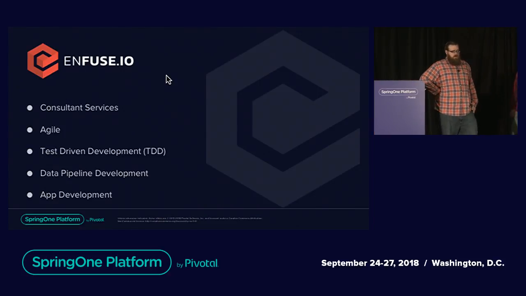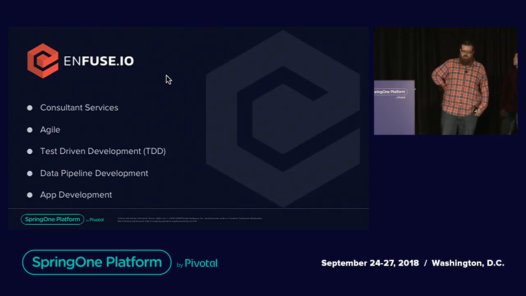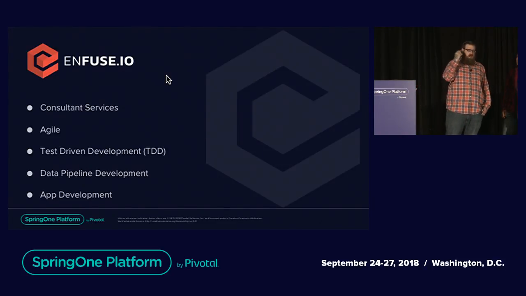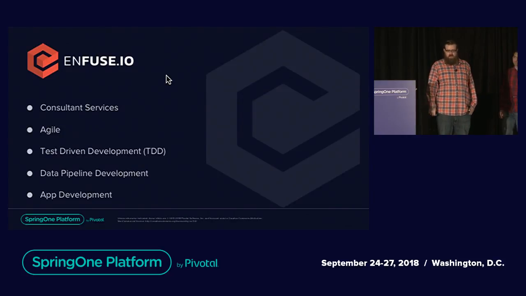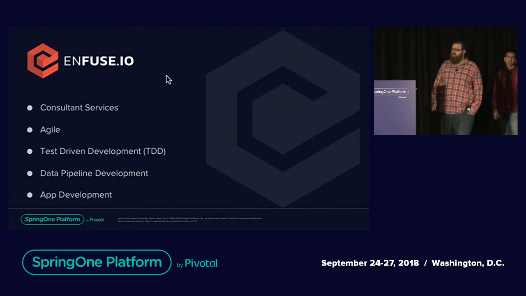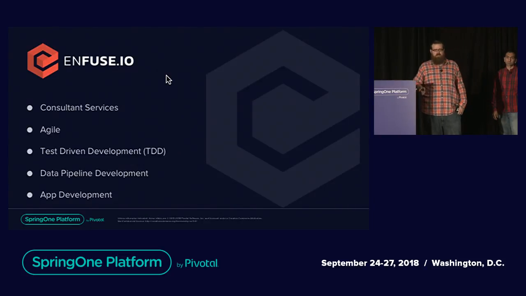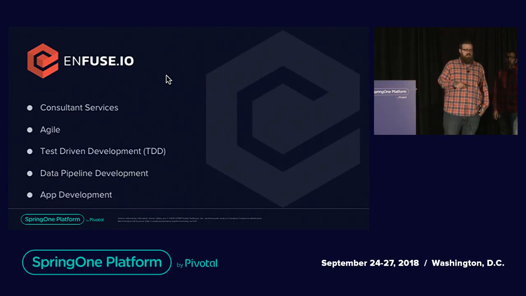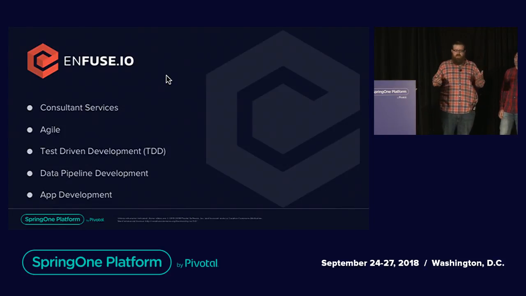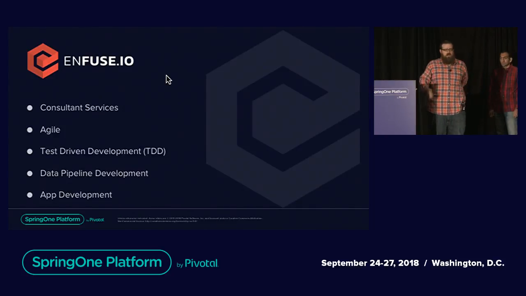Think about a current customer that might be in a waterfall method, or some kind of traditional development style. They're doing ETL jobs that have been running since 1970, and it's a bunch of COBOL code, and they're syncing to an AS400. Our goal is to come into that client and destroy all of that and bring in modern technologies. Things like Spring Cloud Data Flow provide us really good things like Spring Cloud Stream applications that are Spring Boot based.